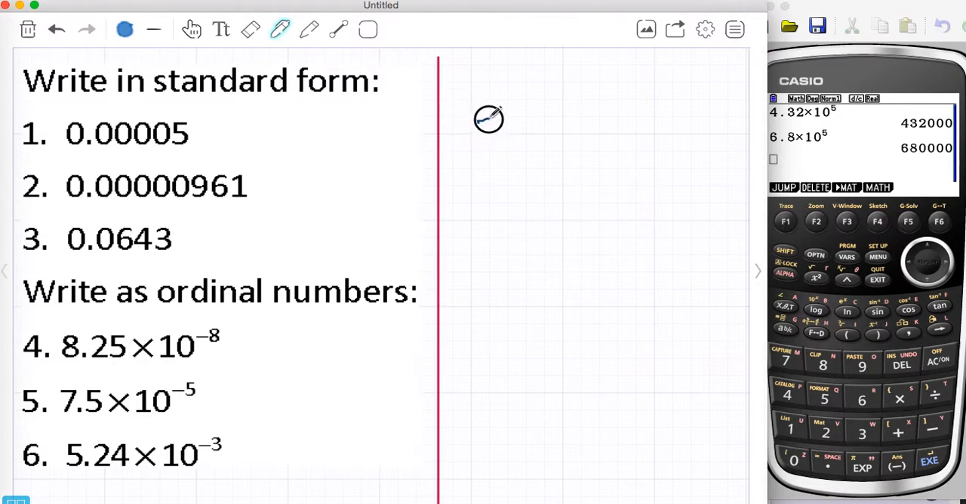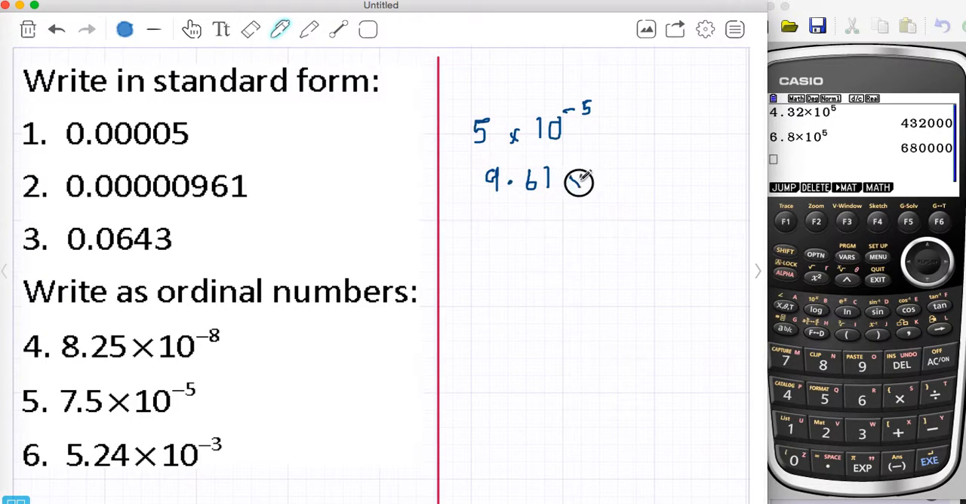So the first one is 5 times 10. It's 5 because that's the only number I've got there. 1, 2, 3, 4, 5. It's minus 5 for the zeros. I'm going to count the zeros here. 1, 2, 3, 4, 5, 6 zeros. So this one's going to be